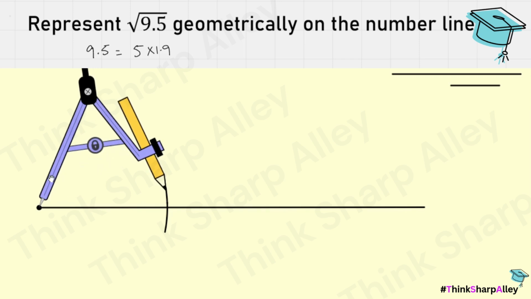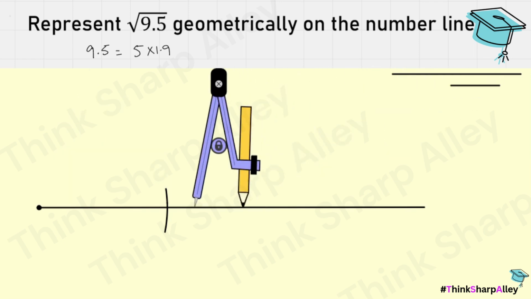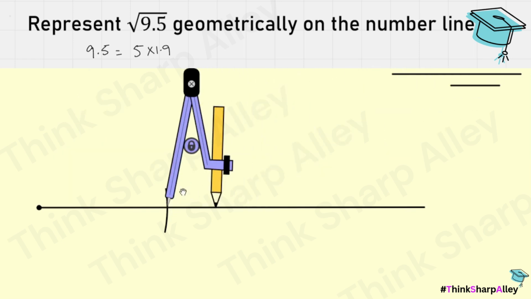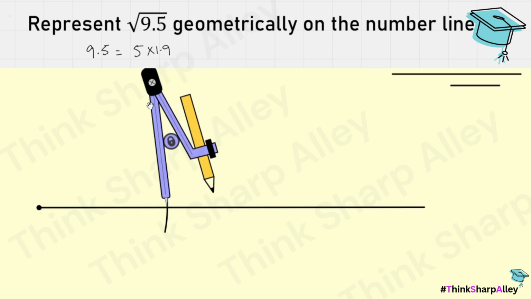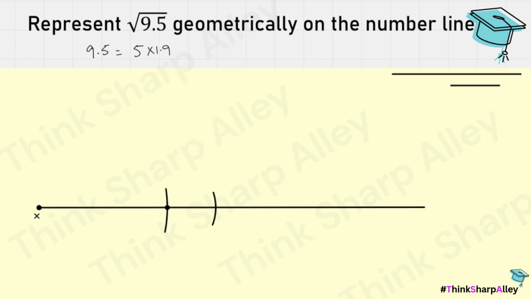Yes, something like this. Then I will take 1.9 cm in my compass and place my compass over here at this point where I've previously cut and make another arc. So such that, let's say this is my point A, AB is 5 cm while